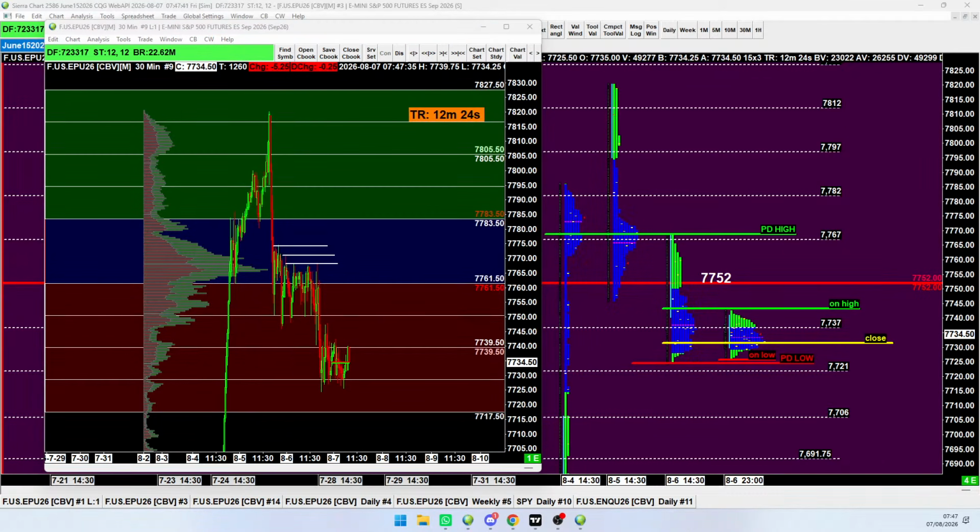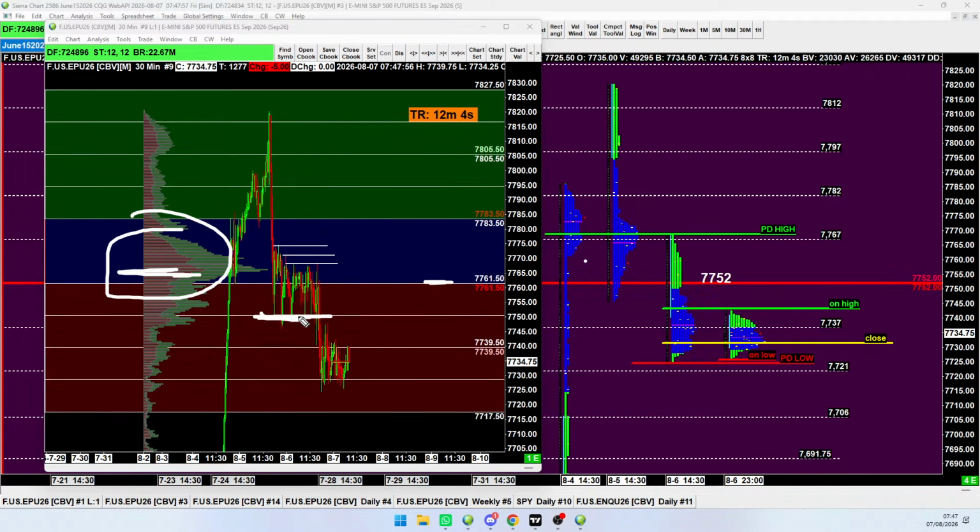Number one is that you can see all the inventory. Those people who are long over 61 are trapped, and they're selling. And yesterday there was a bid at 77.50 all day. Now that bid has dropped down to 77.30. But you can see this kind of trading, and I want you to make